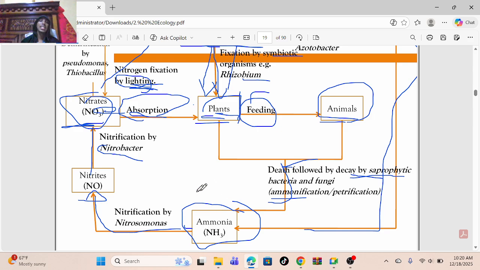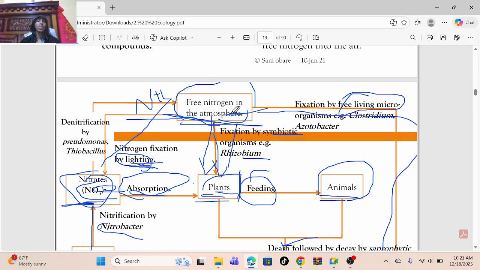And this itakuwa nini? Ammonia. This ammonia itakuwa nitrified, inaahidiwa nitrogen, na ikiahidiwa itakuwa nini? Nitrogen 2 oxide. This nitrogen 2 oxide, it will be further nitrified. Inaahidiwa nitrogen, inakuwa aje? Inakuwa nitrate. This nitrate sasa, kama tunataka kurudisha nitrogen, tunafanya aje? Tunafanya denitrification. Unajua denitrification. This denitrification inafanya Pseudomonas and Thiobacillus zinafanya, so zinarudi kama nitrogen ya kawaida.